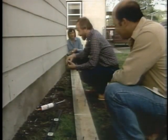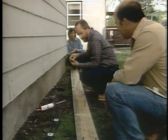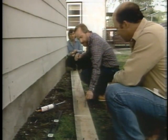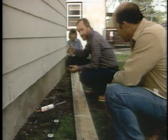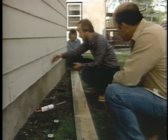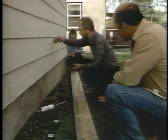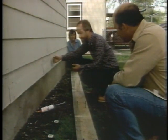All right, now that we've got all our holes drilled and we took the ledger off the wall, we can put these lag screws through the holes we had drilled in the ledger and apply the ledger to the wall. Now, one of the most important issues in applying the ledger is that there be a space between the building and the back face of the ledgers so that rainwater running down the building will run behind it and not cause a damp space which could